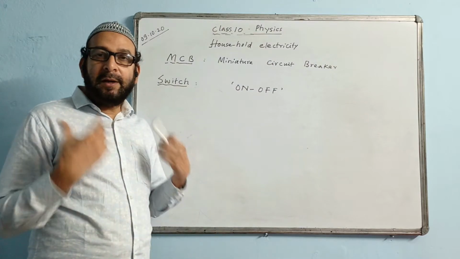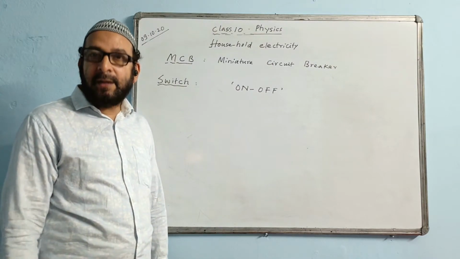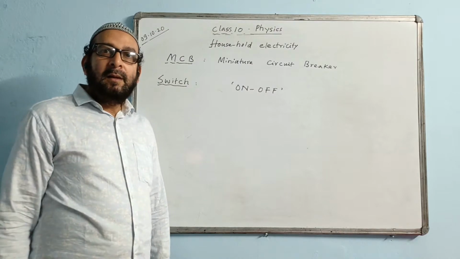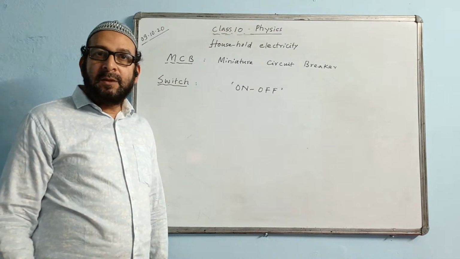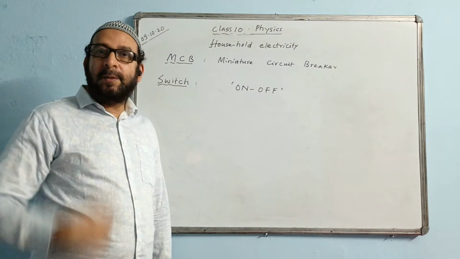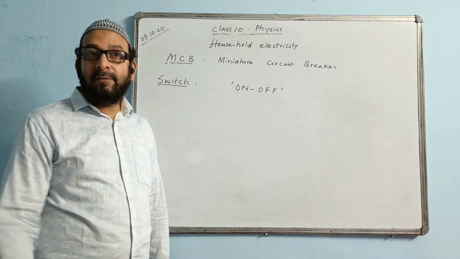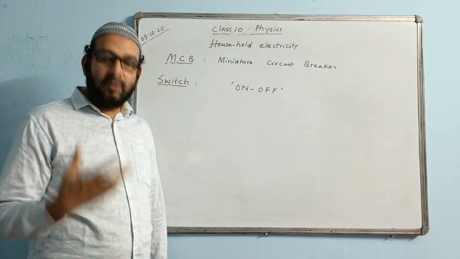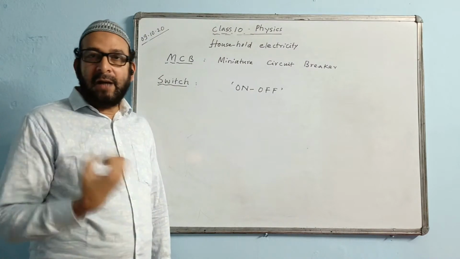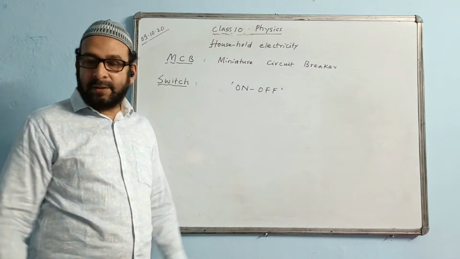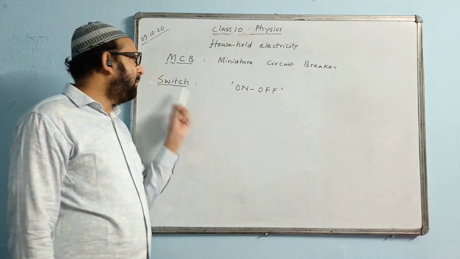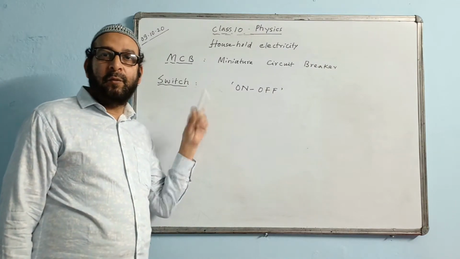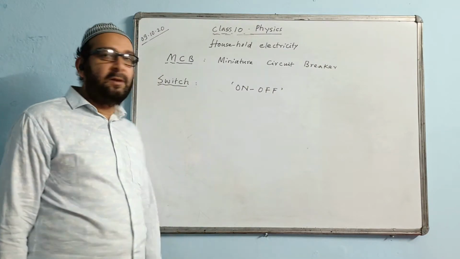The person will get a greater amount of shock, because the person will be in direct contact with the earth, and when the current through the person's body goes to the earth, the value of current becomes very high, because earth will draw a very large amount of current from the circuit. The person will get a greater shock. So a person must not be barefoot while touching a switch.